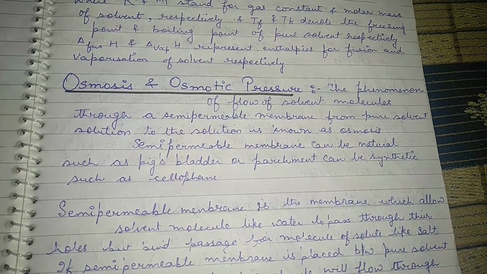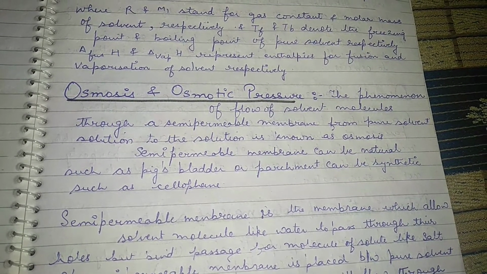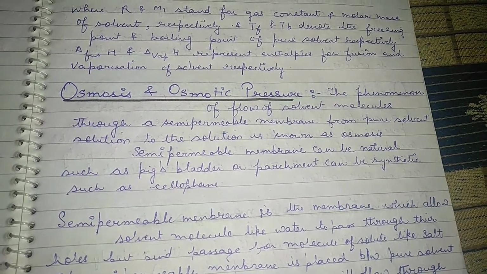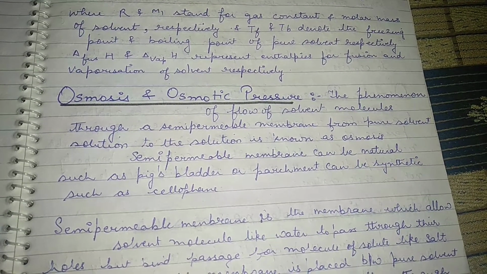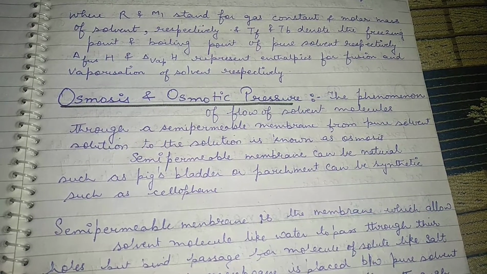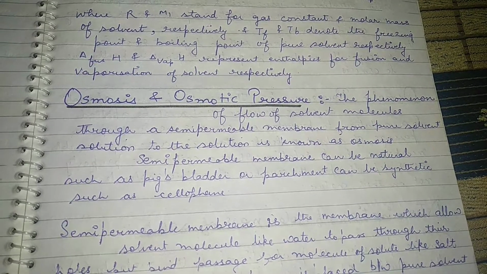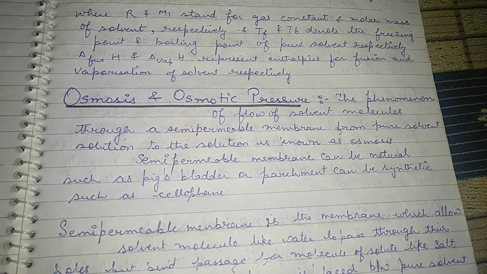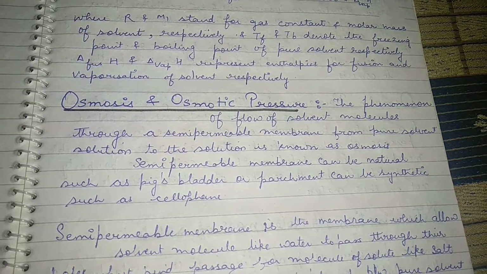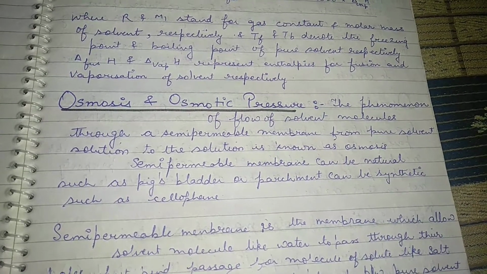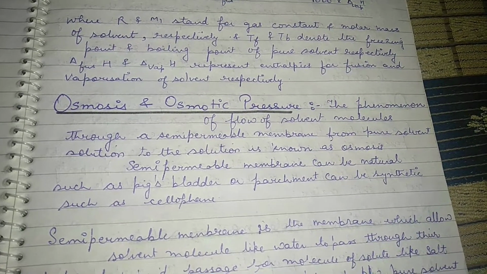Here I want to give one example from our daily life. As I already told you, if we want to make chemistry easy, we have to correlate chemistry with our day-to-day life examples. If we look at our surroundings, there are so many examples where we can see that chemistry is everywhere. Whenever we put raisins or grapes in water, what happens after a period of time? They swell up. Water, which we consider as the solvent, goes inside through the membrane of the raisin, because of which it swells up.